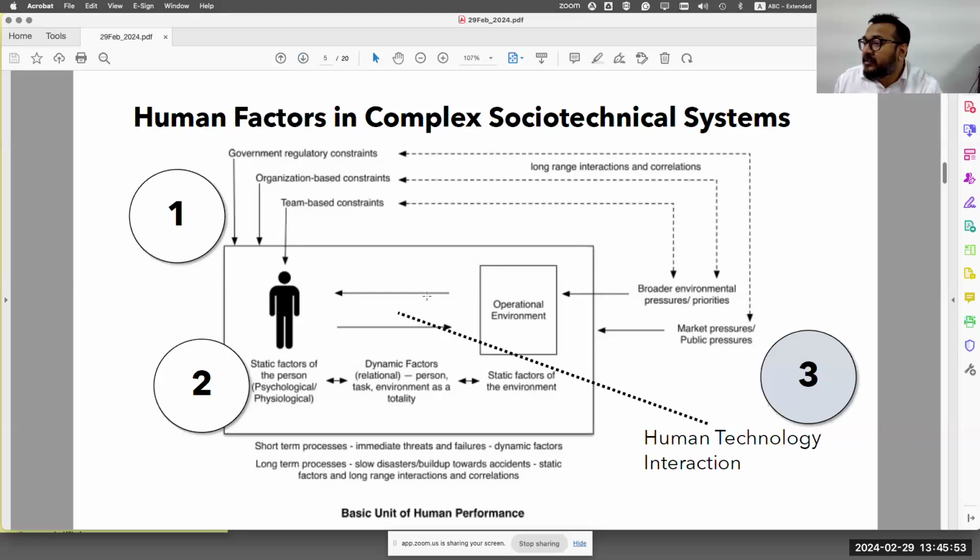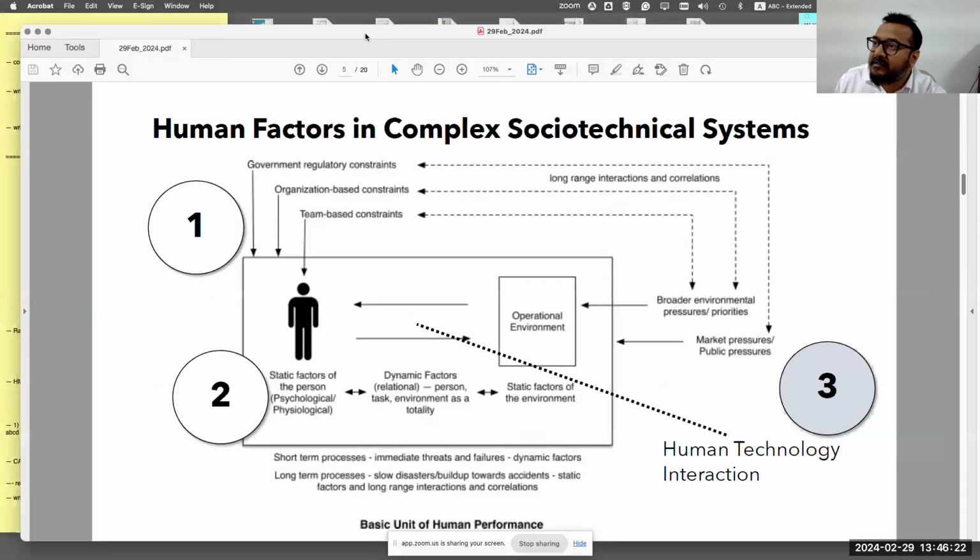Here, if you see in this picture, this is point number 3, where we actually do any kind of human technology interaction. Number 2 over here is the human and the immediate operational environment, how they both come together. And the third one is